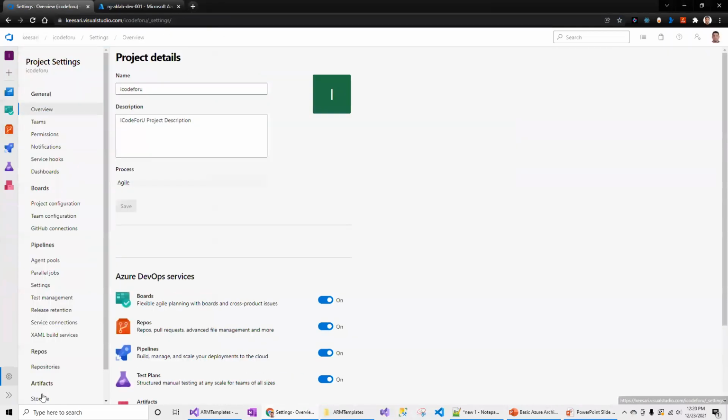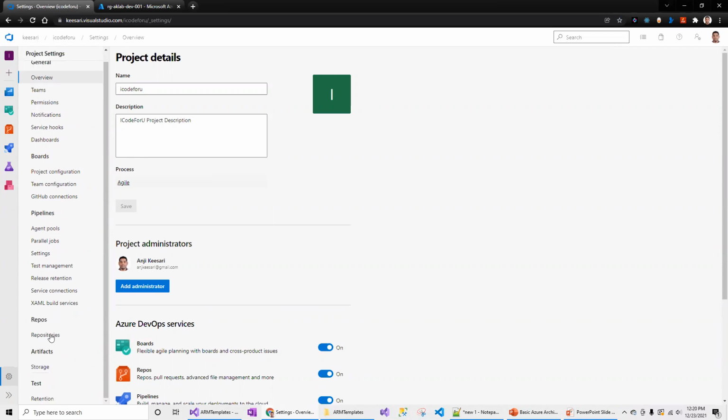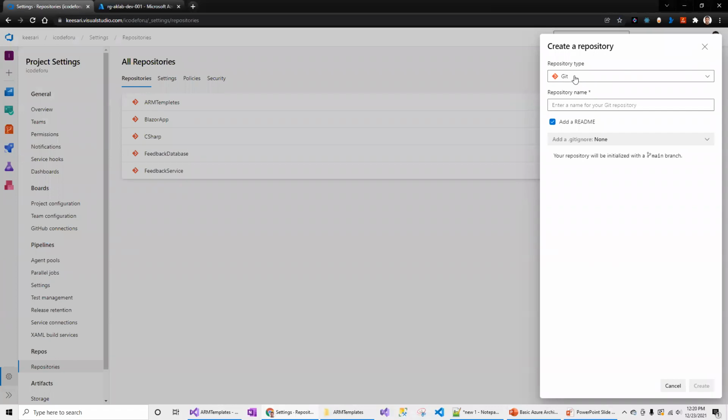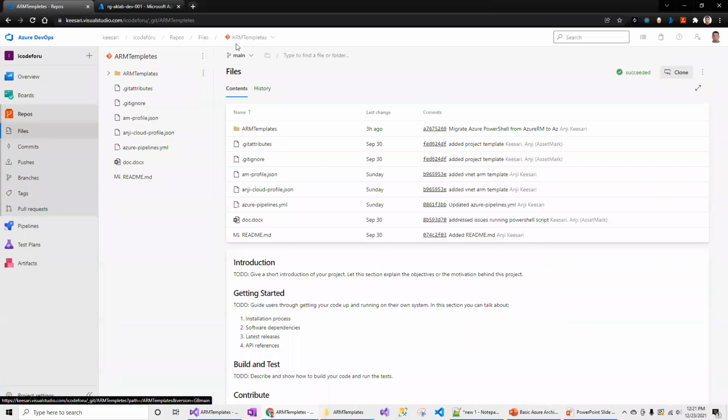If I go to projects and click on repositories, and you want to create a new repository, click on create, select the repository type Git, and then you can say RM templates. If you want to give the prefix, the project name, and then create the repository. I've already created a repository called RM templates, so let me go into the RM templates.